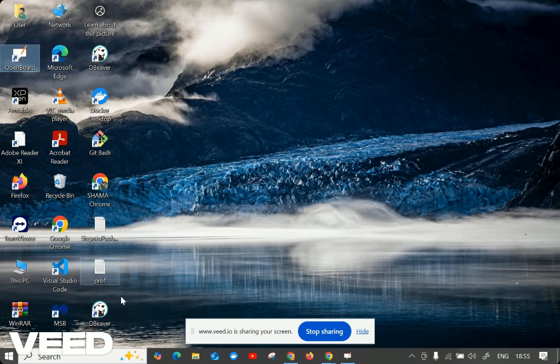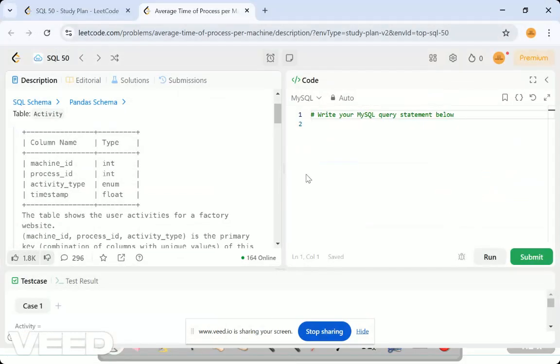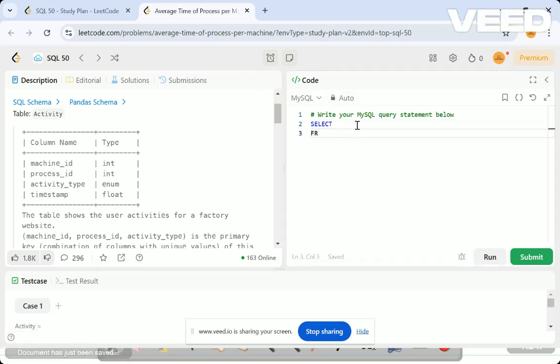Let's go to the query window to solve this problem. Firstly, we can do this in many possible ways, so let's see them one by one. First, I will write select. It's the same mission, right? This is the activity table, so let's take activity with aliasing names first of all.